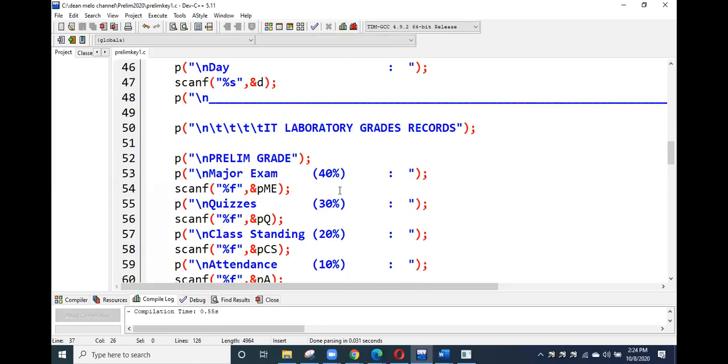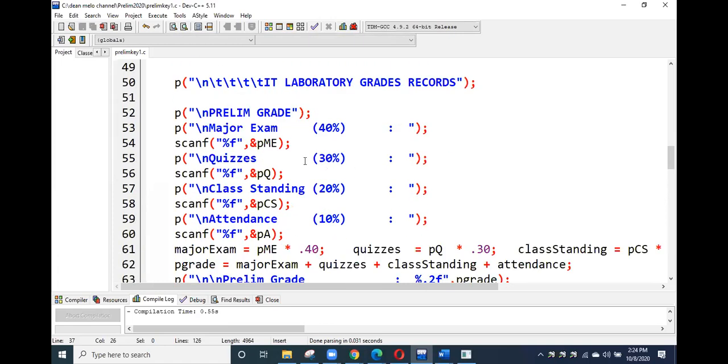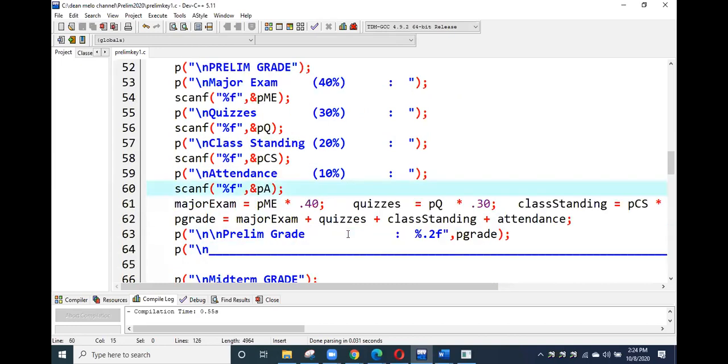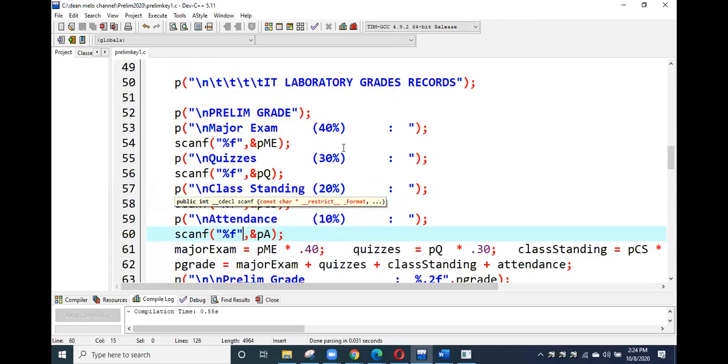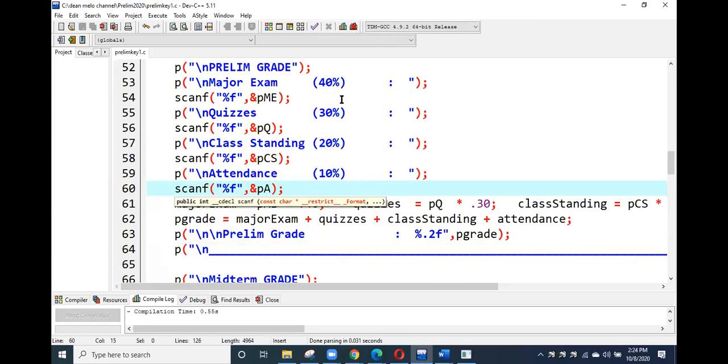Then laboratory grades, so it simply goes like this. So major exam, %f, then ampersand PME. So display, input. Display quizzes, input. Display, input, display, input. So once you already get the prelim, you inputted the prelim, so you need to get the final grade. So this will be the formula